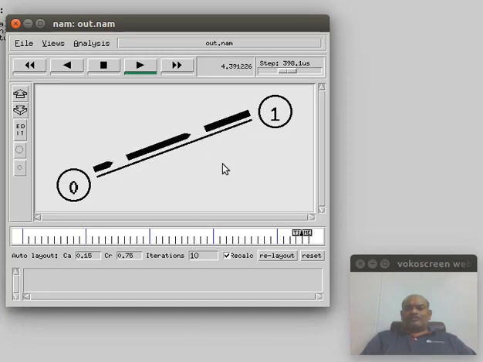So I reduce it to microseconds. Okay, the speed. Here the packet size, you can see it is 512. If I make it 1024, then this size will increase. Suppose I make it 256, then the length of this will reduce. And if I increase the bandwidth, instead of 1 Mbps, if I make this 10 Mbps, then you can see